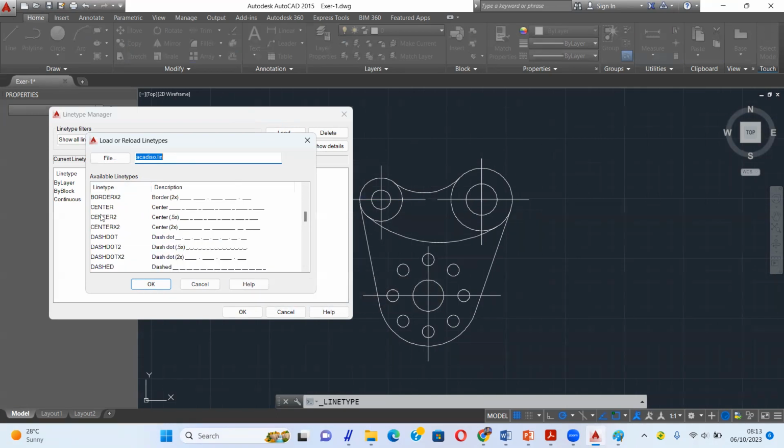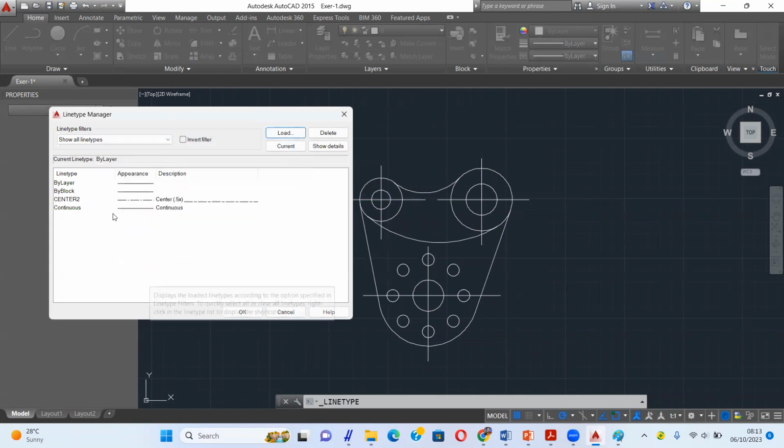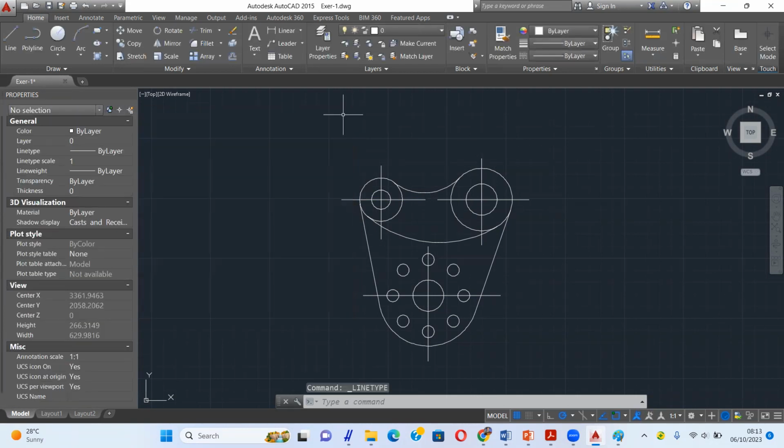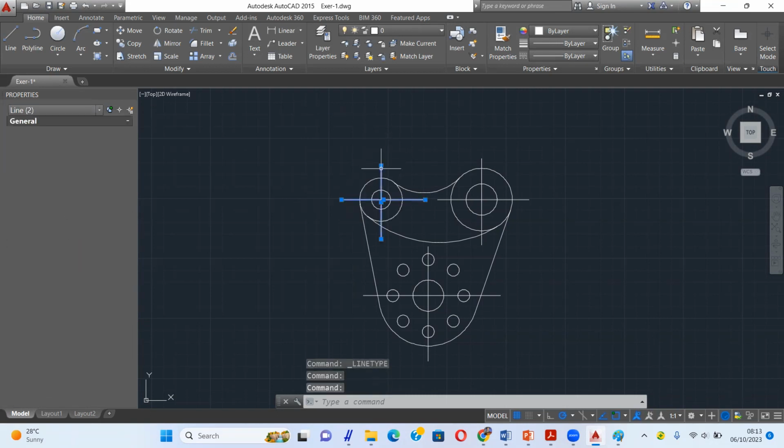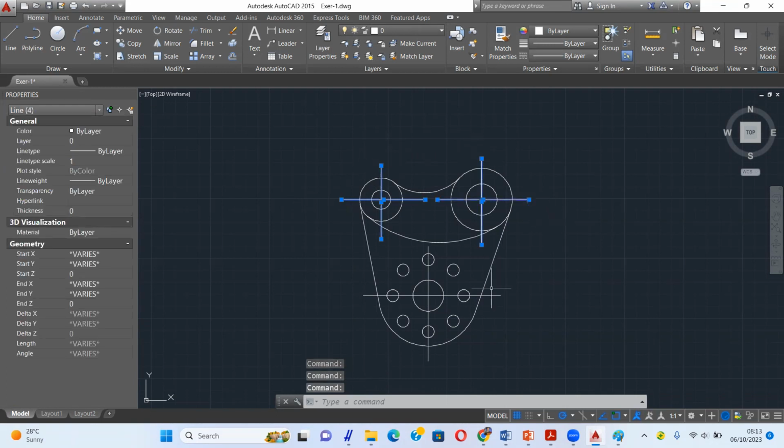You can use a center tool here. Okay, you can see the center tool appear here. And then you can close this one. After this, you can click all the lines that will become center lines. Line type, click the center tool.